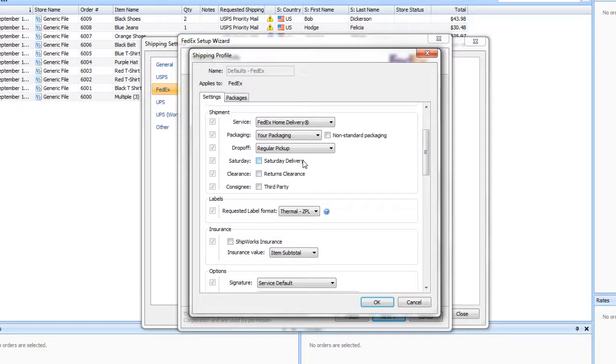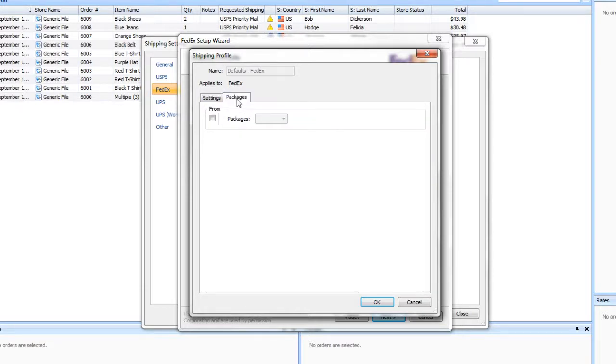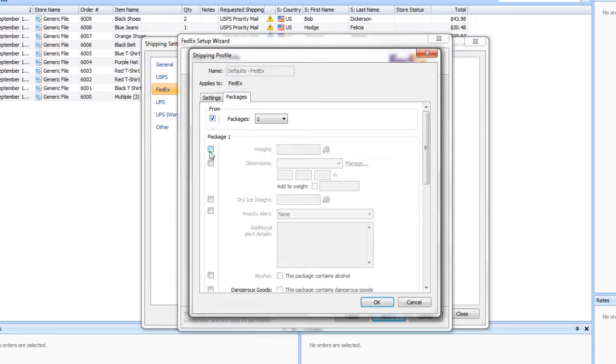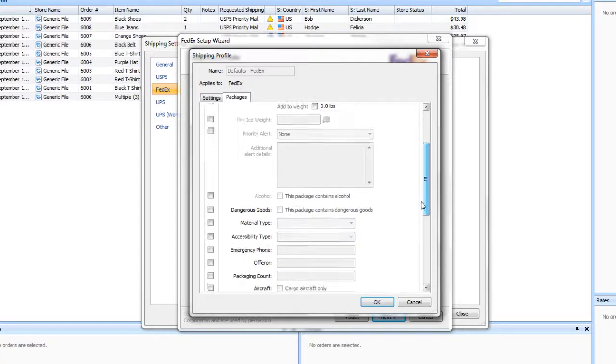So we can do services. We can also go to the packages tab. We can select how many packages are in a particular shipment. We can enter in dimensions. So if we have a particular box size that we always use, we can enter that in here. And then once we have all of those configured, we can go ahead and just click the OK button, and